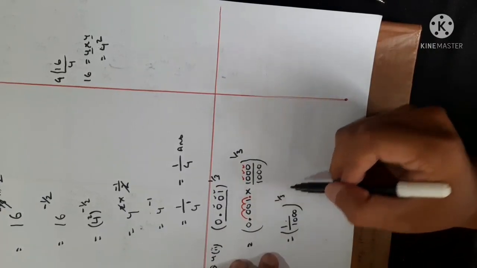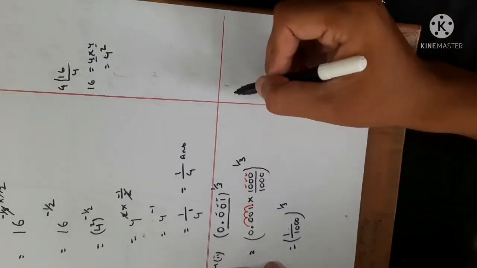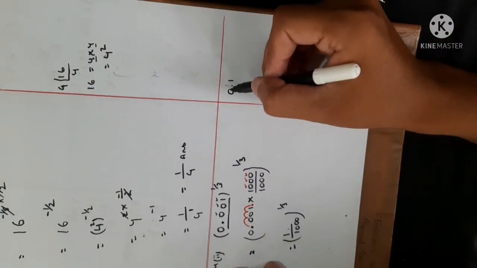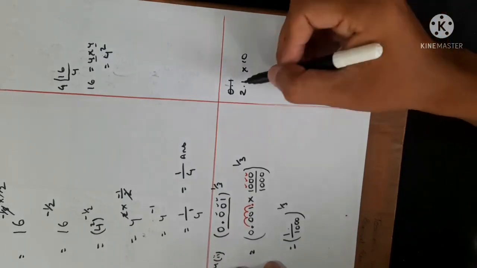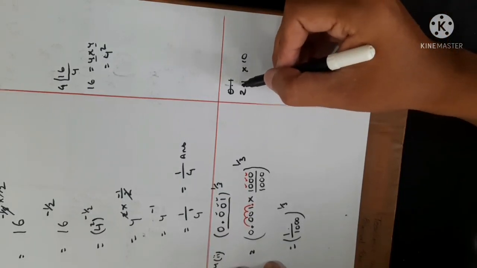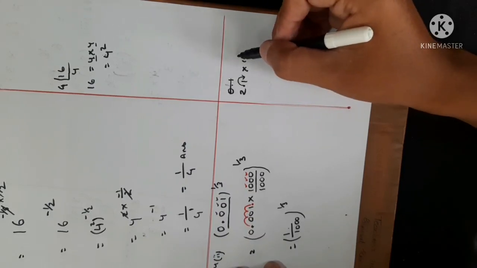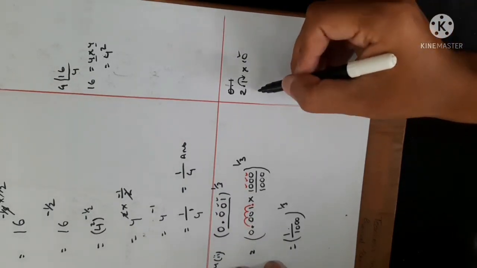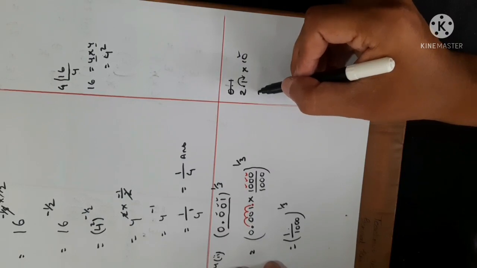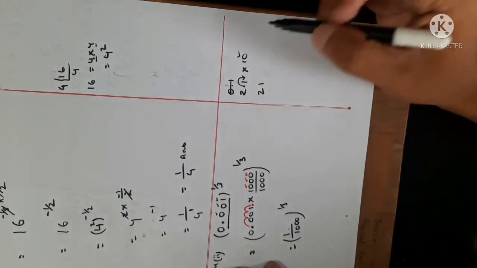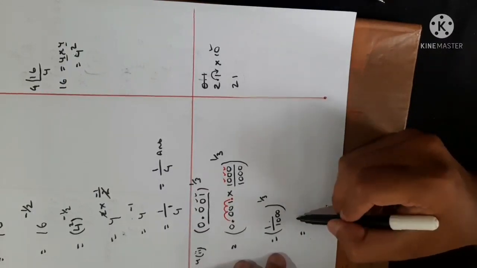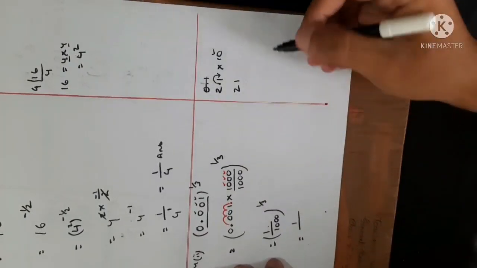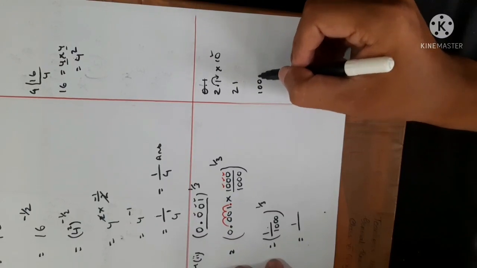And this will be equal to 1 by 3. Remember, suppose if you have 2.1, multiply by 10. The point will shift one place because 10 has one 0. So instead of 2.1, it will become 21. Okay, so again here equal 1 by, again we factorize 1000, and we have,